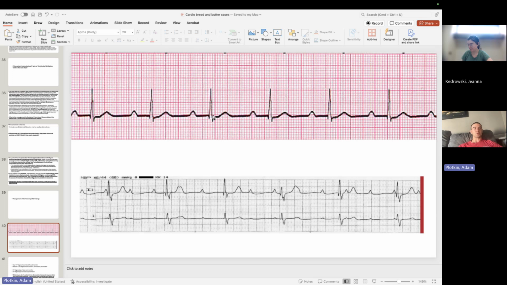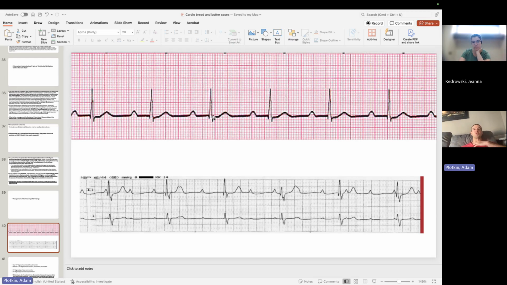where they'll give you some sort of EKG and ask, what's the next best step? You don't necessarily need to know the exact diagnosis. You just need to know, do I observe or do I put a pacemaker in? Those are really for the AV blocks. Giving a patient something like atropine wouldn't be a great option for someone who has complete heart block because their AV node is already blocked. Giving them atropine is not going to really do anything. I need to put a pacemaker in.